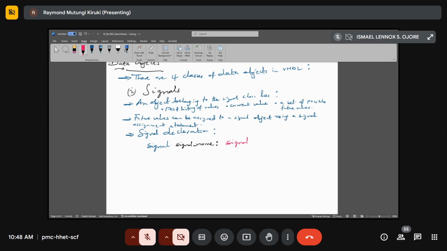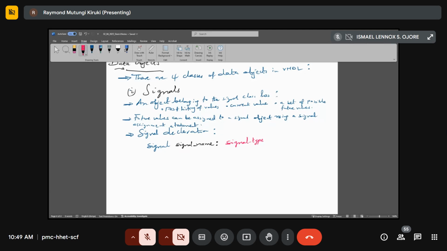You remember the various data types that we talked about. It could be a bit, could be a standard logic, but we said most of the times we'll be using a standard logic, especially if there are chances of it not taking the values 0 and 1 only, but it's susceptible to have some other values, then use standard logic. In other cases, if for sure it's just a 0 or 1, you can use the data type bit and so forth. So signal type,